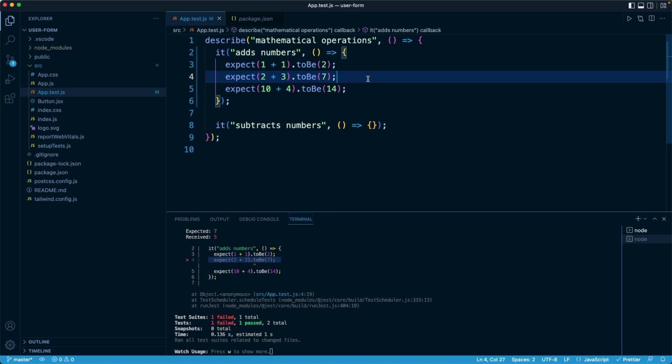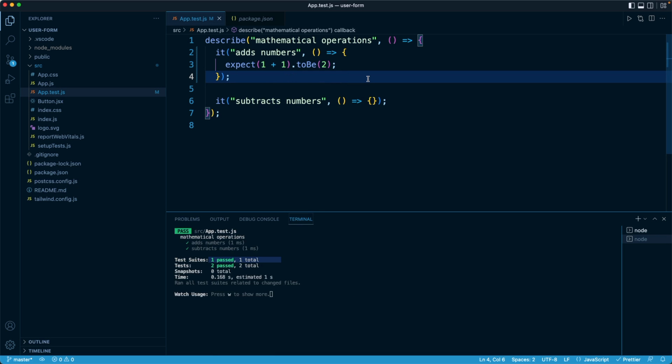That is not a technical requirement, and there's going to be plenty of violations of that in the real world. In fact, I have had many of those violations myself. So I'm not going to say it's a rule that you have to follow 100% of the time. It's just a general best principle to follow as you're testing. So with that said, I can remove these 2 tests, and we can just practice the syntax one more time